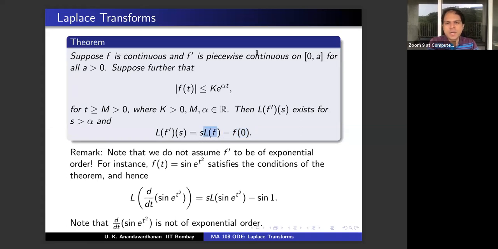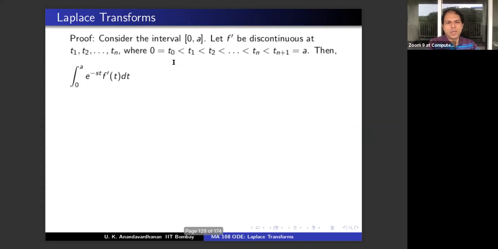This is if you are assuming f is continuous. If it is piecewise continuous, with finitely many places where you have discontinuities, at each of the subintervals this proof works, and you put all those together, and that is the proof. Okay, so let me put it, I have put it in